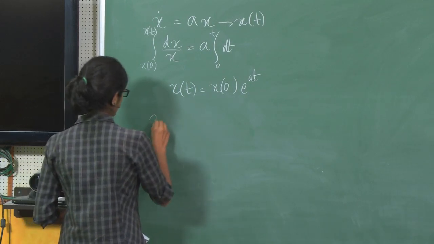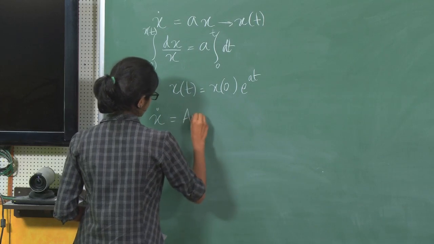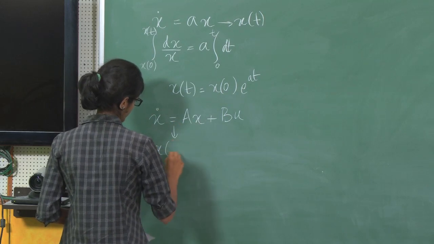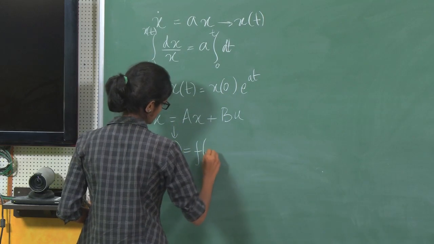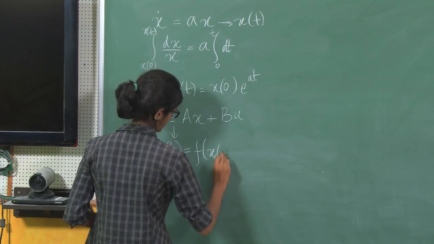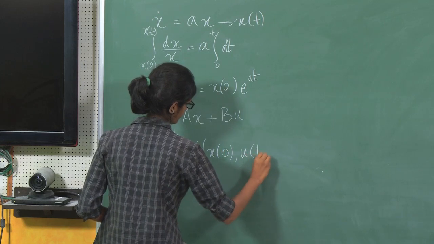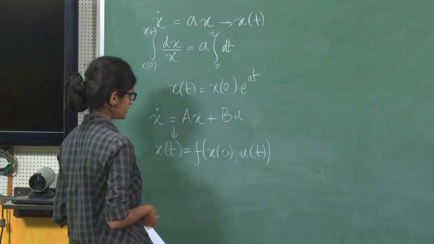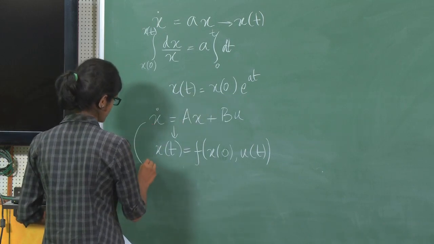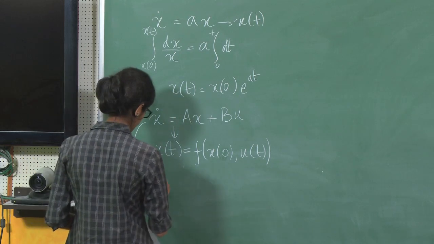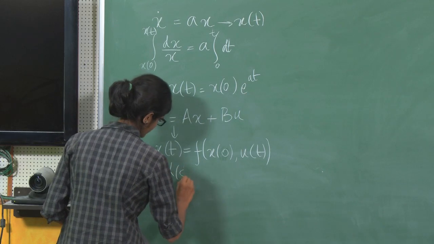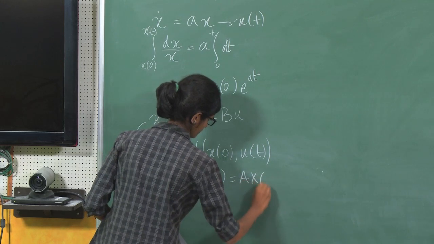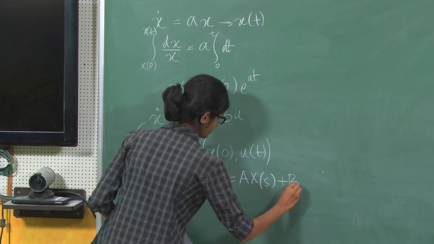So given a general LTI system, x dot equals ax plus bu, we want to arrive at a closed form expression for x of t as some function of the initial states x of 0 and the input u of t, and of course the system matrices. Now how do we go about doing this is to take the Laplace transform of the state space representation. So we get s x of s minus x of 0 equals ax of s plus b u of s,